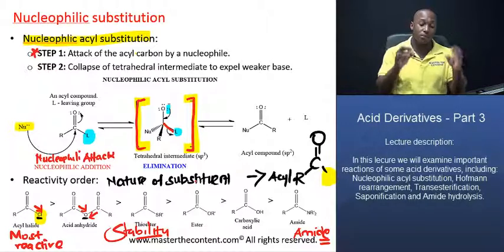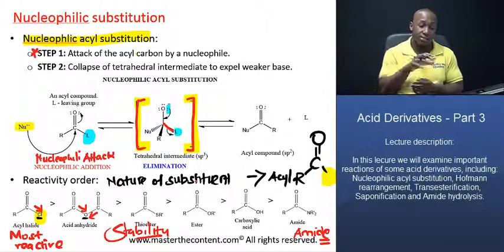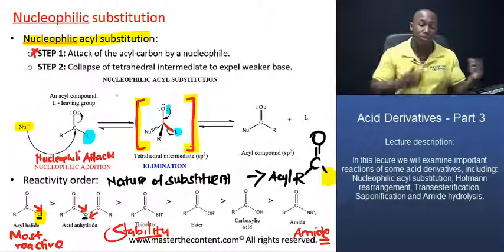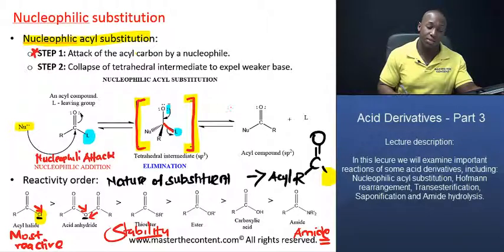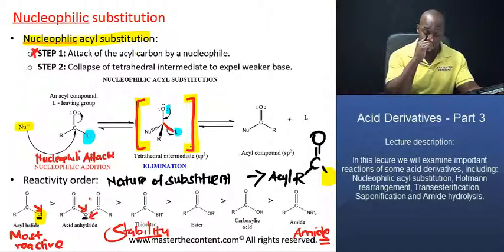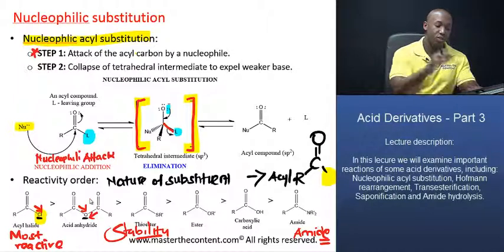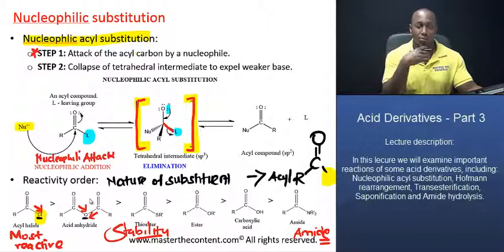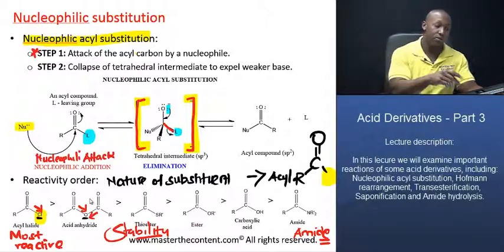All in all, what we've gone over in this slide is the nucleophilic acyl substitution reaction, which is basically a two-step process: a nucleophilic addition or attack, followed by an elimination process. And as far as the reactivity order of this class of organic compounds is concerned, the most important thing to remember is that the substituent bonded to the acyl group will in large part determine the reactivity of that compound. So we're going to move on